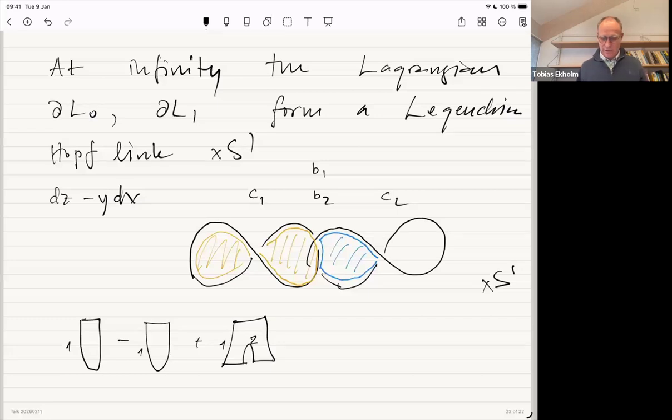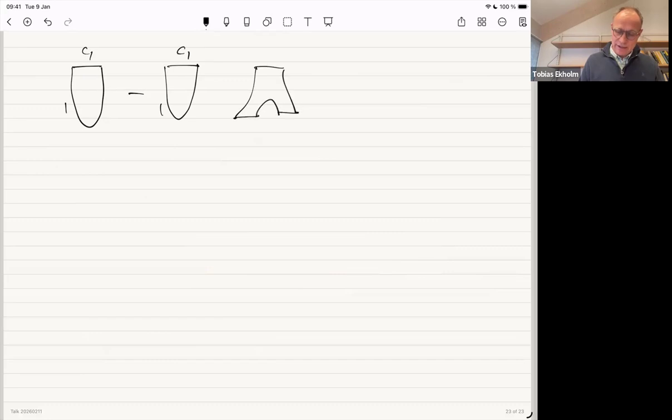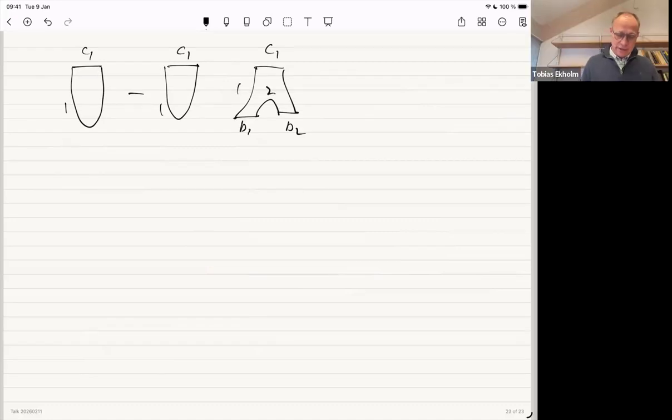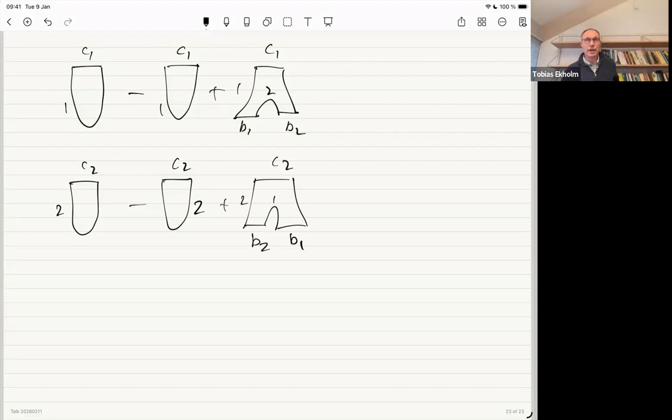Maybe I'll draw a new one. So we have the following picture. I have two curves with boundary on one, and this is kind of C1, C1. I have this triangle, C1, B1, B2. This is on 1, this is on 2. And then I have another one, which is on 2. So they're similarly looking curves, but they are on 2 instead. Maybe plus. And then I have some other one, which swaps these ones. And I have C2. This is on 2, and this is on 1. Okay, so now